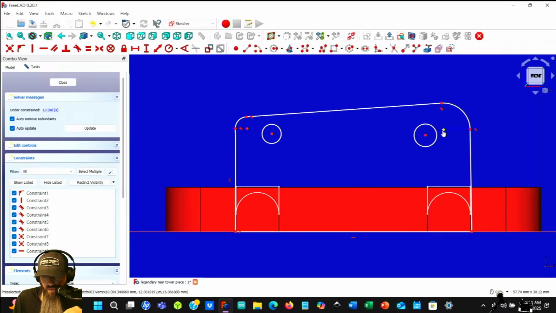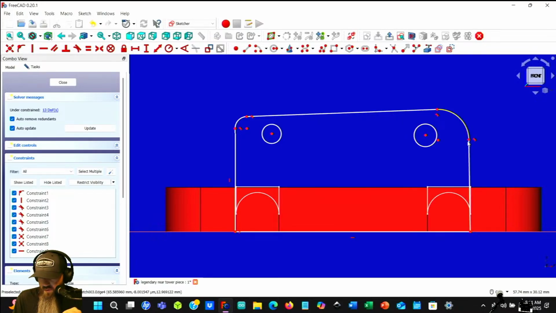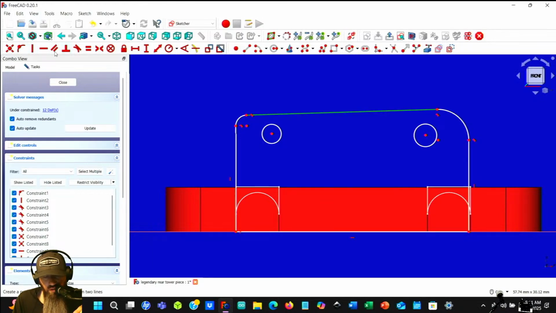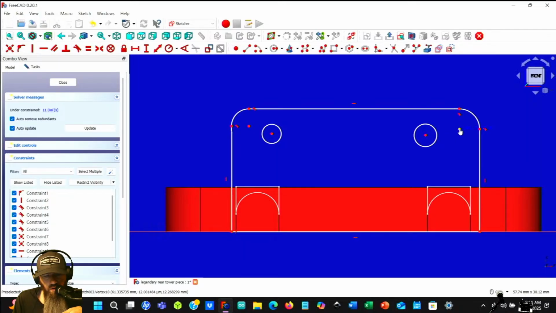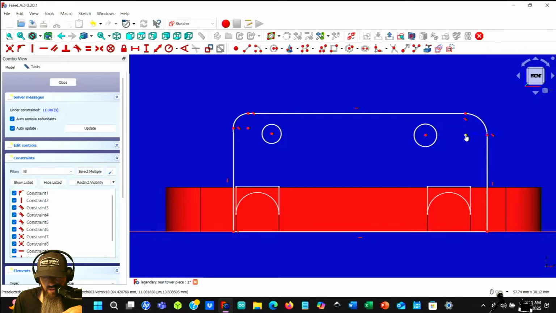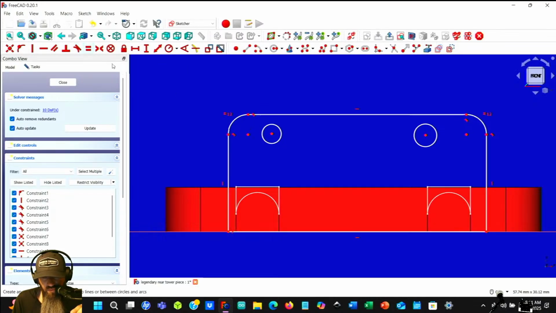Okay, so we're doing something like this. Let's make this line straight. That line's already straight. This line, let's make that one straight. Okay, I don't know how to define these radiuses, but let's just make them equal to each other at least.